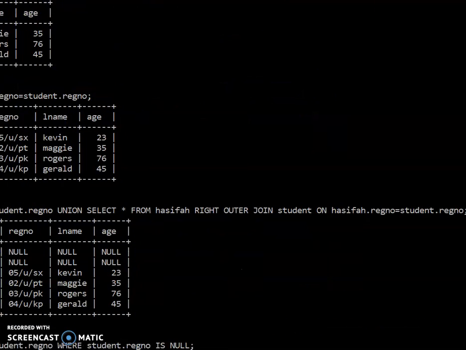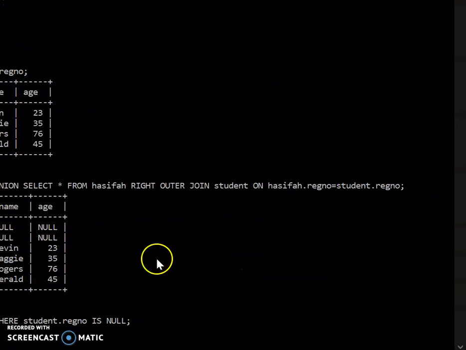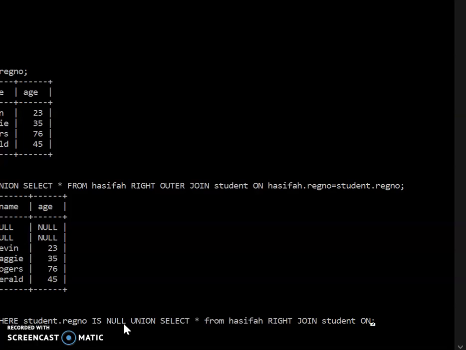Okay, so I bring this here, and then you say union, then select all from Hasifah. Now we are writing the one for the right outer, sorry, it's right join, then you put student as the other table, then on